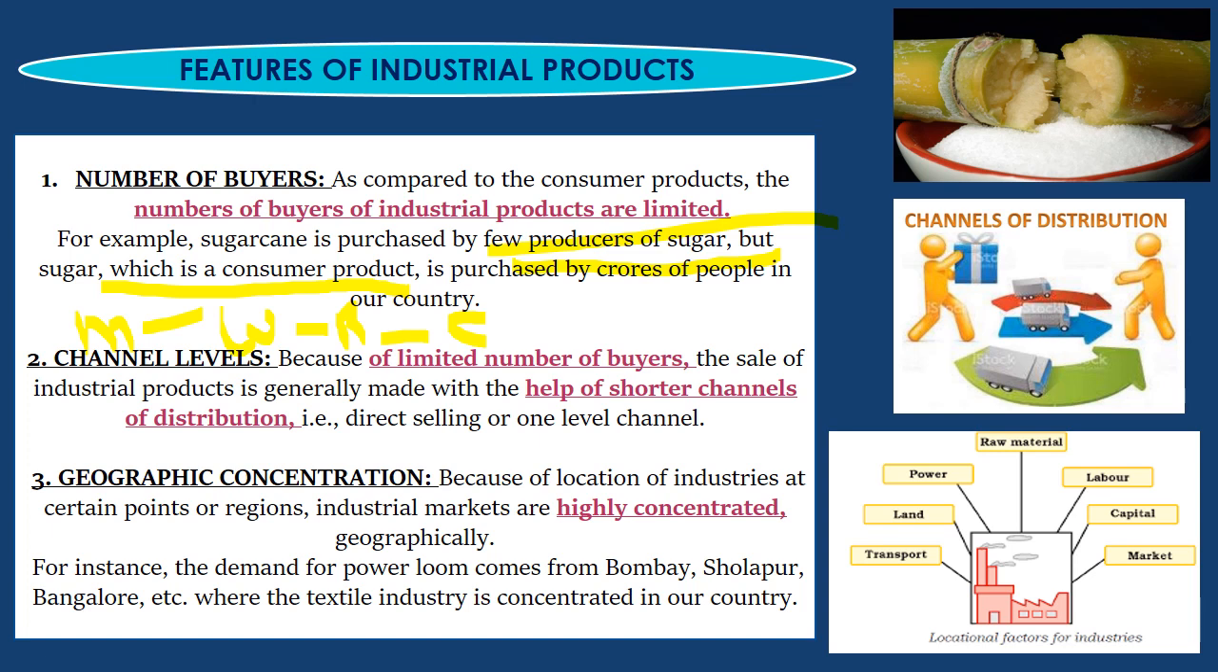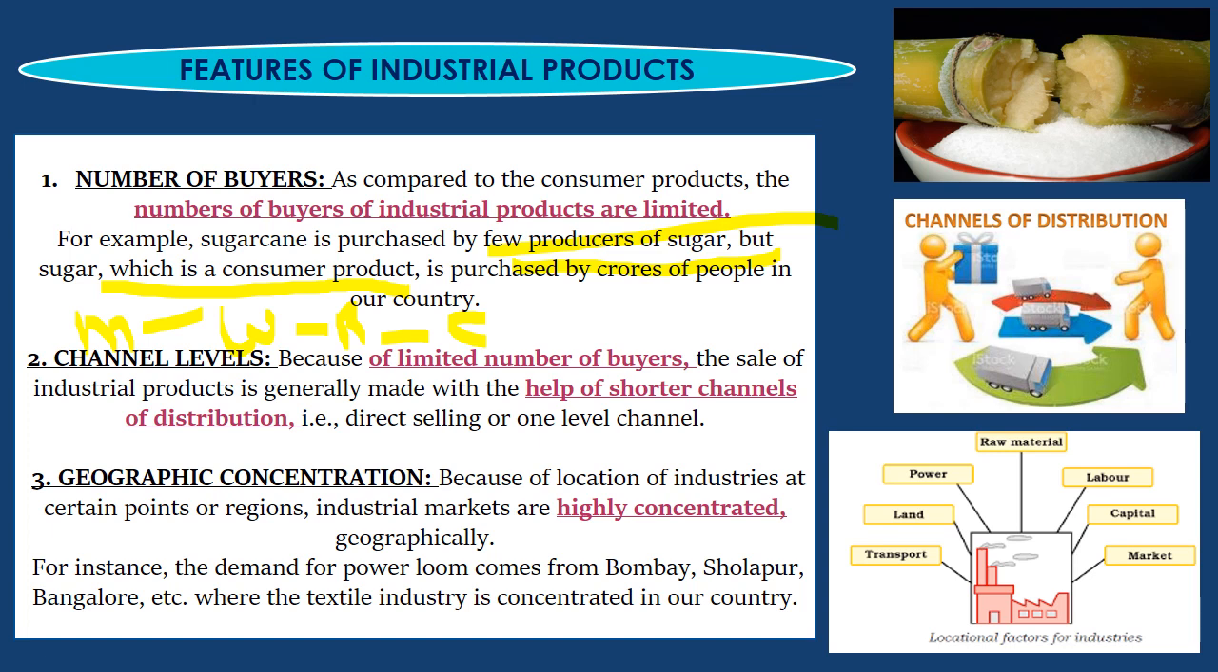Manufacturer, then you have the wholesaler, then the retailer, and then the consumer. Now, for your channel levels, for your industrial products, you don't have any intermediaries in between. Why? It mostly is done by direct selling. If the raw materials are sold in Gujarat, you would travel all the way to Gujarat and buy the raw materials